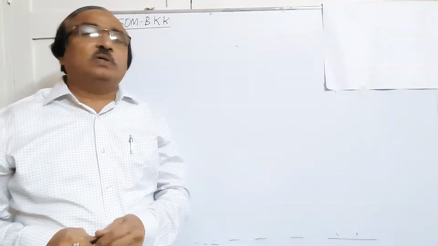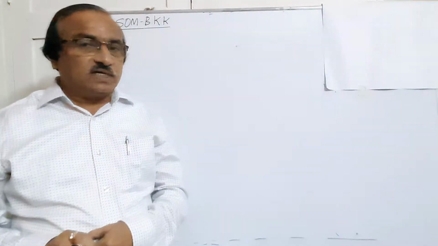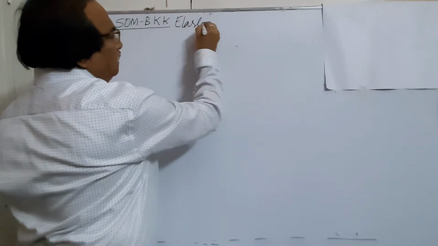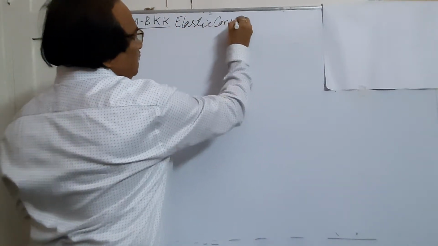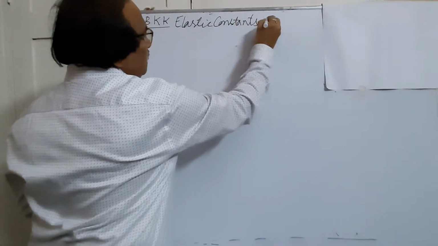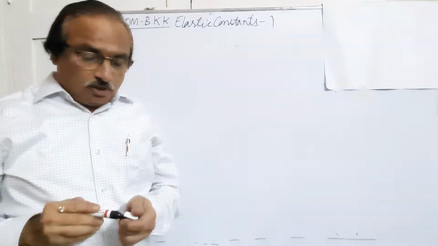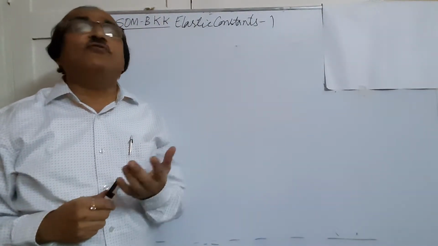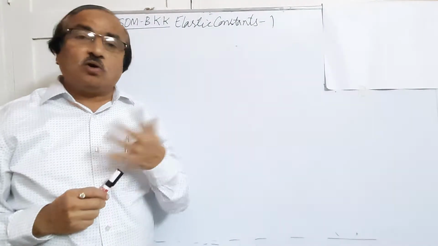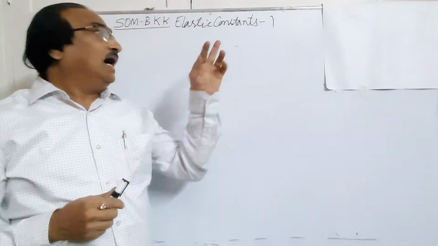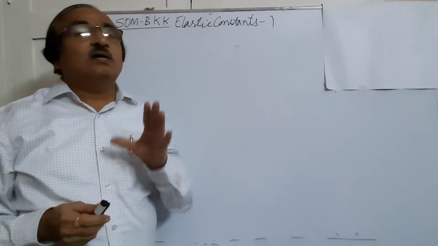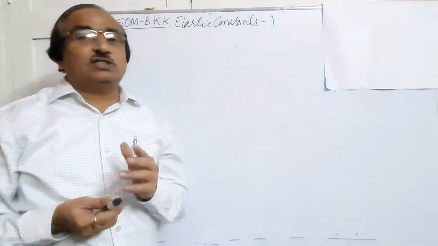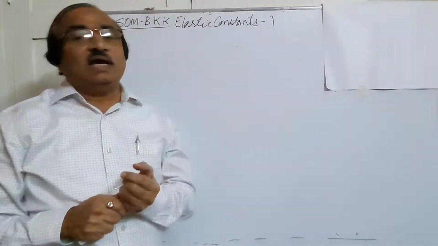Hello students. So today we will deal with a new topic in the stress strain chapter only. We call them elastic constants. Elastic constants are nothing but the factors which will help us to determine the deformation based upon the load or stress that is acting on the material. These elastic constants are within the elastic limit. It obeys Hooke's law, wherein we say stress is proportional to strain within the elastic limit.